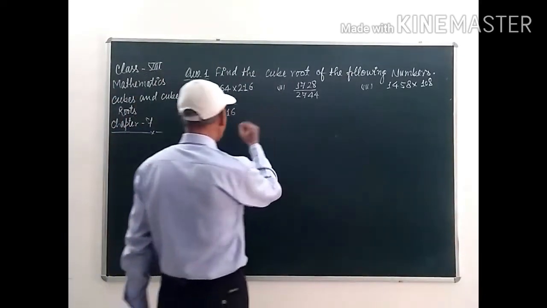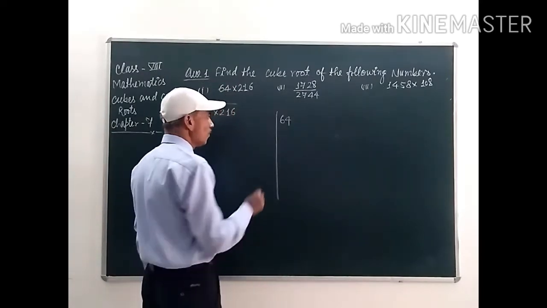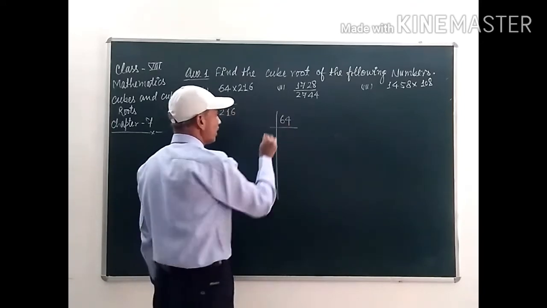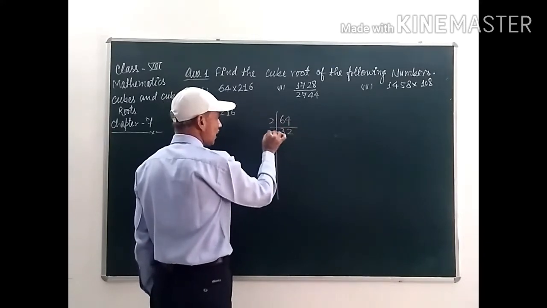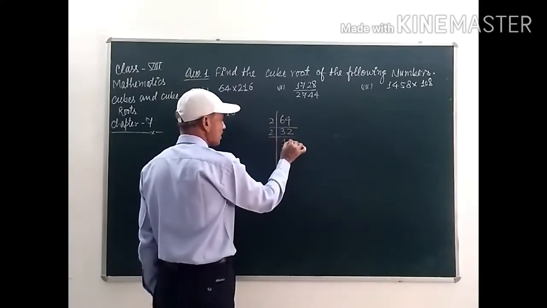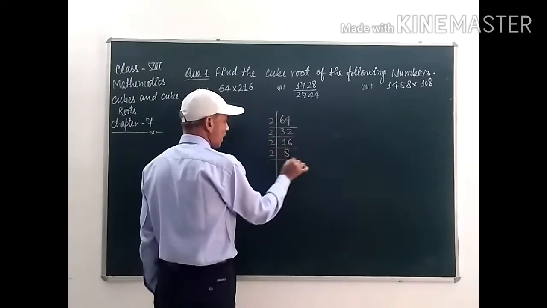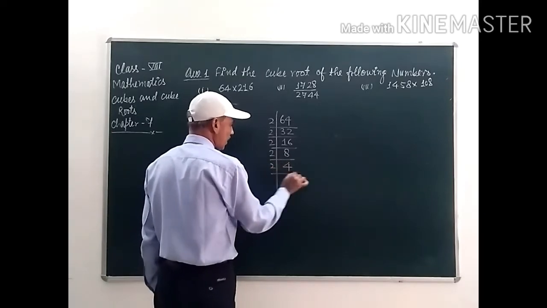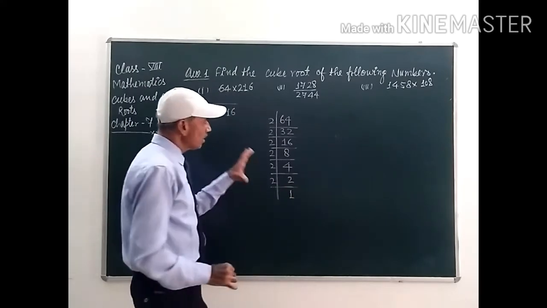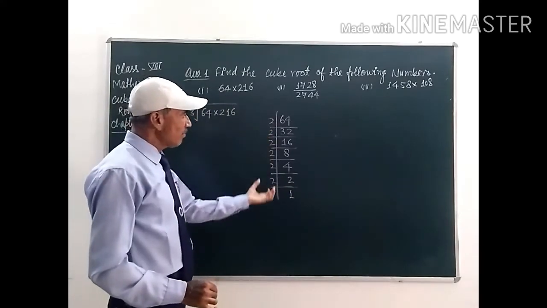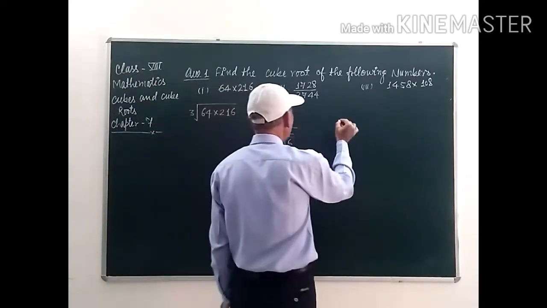What is the prime factor of 64? First, find the prime factors of 64. It is divided by 2, 32, again divided by 2, 16, again by 2, 8, by 2, 4, by 2, 2, by 2, 1. Okay, student, so these are the prime factors of the first number, 64, and again find the prime factors of the number